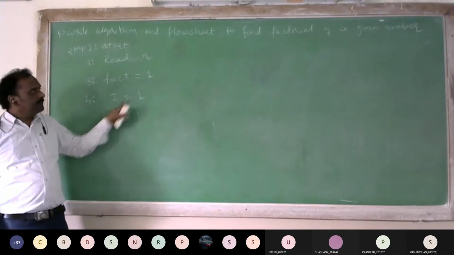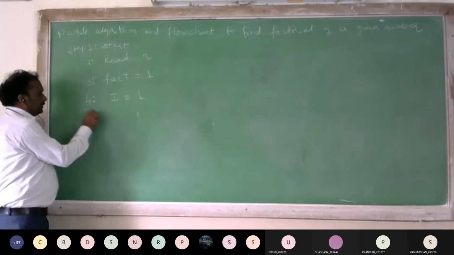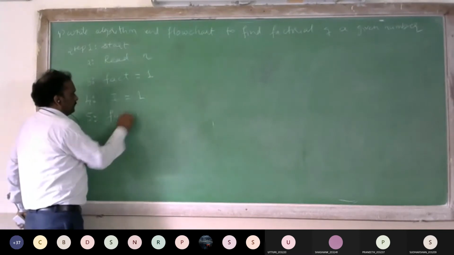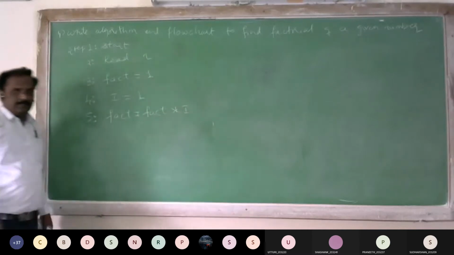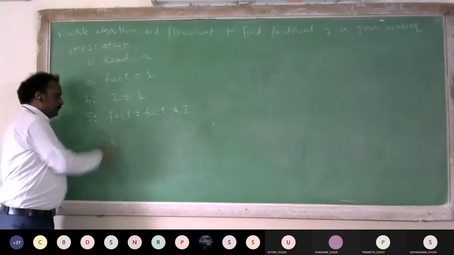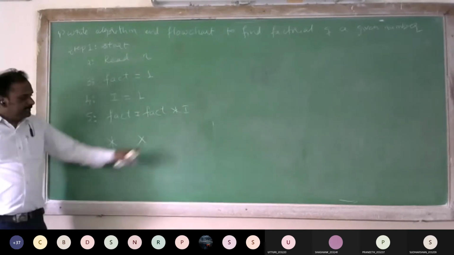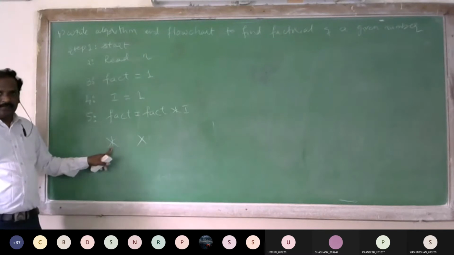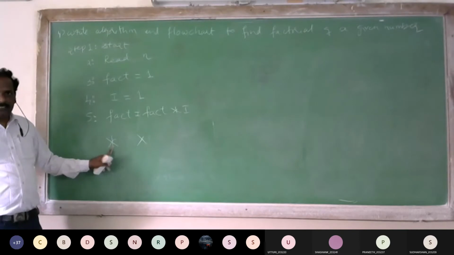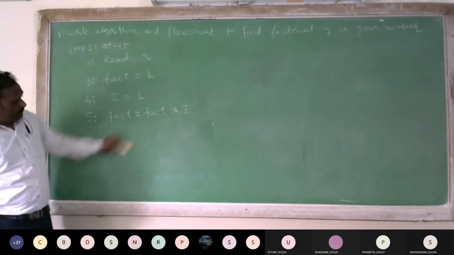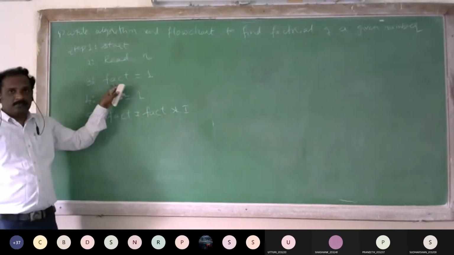Now we have got this first number. Now we will multiply, 1 into 1. Calculation. So what is the next step? Fact is equal to fact into i. For into I am using star. In computers we use this symbol, star, not x. This is mathematical notation. This is computer notation. We are going to learn later when discussing the symbols used in C language. Fact is equal to fact into i. So 1 into 1, 1.